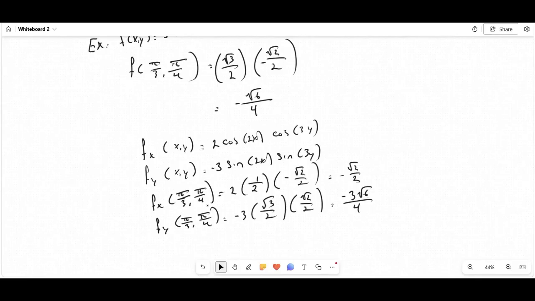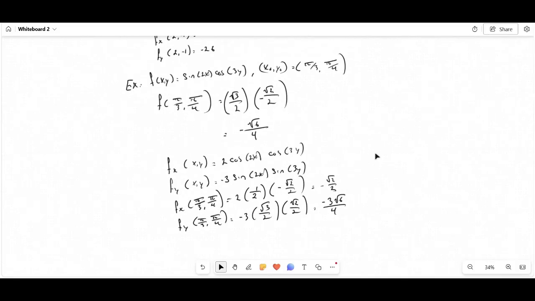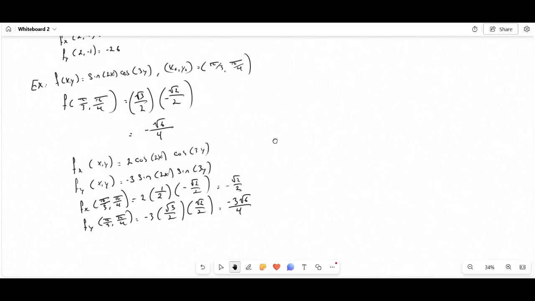-3 root 6 over 4. That looks good to me. Okay. So again, we're looking for a tangent plane. So we have a starting value, z equals -√6 over 4. But we need to have a slope in the x direction, which in this case is -√2 over 2. This slope is